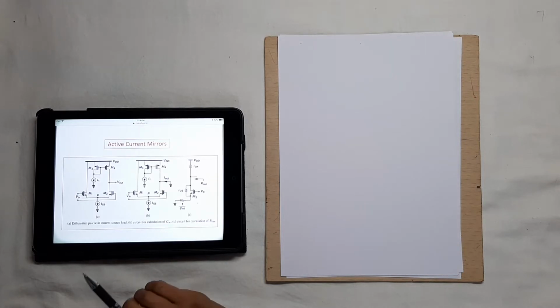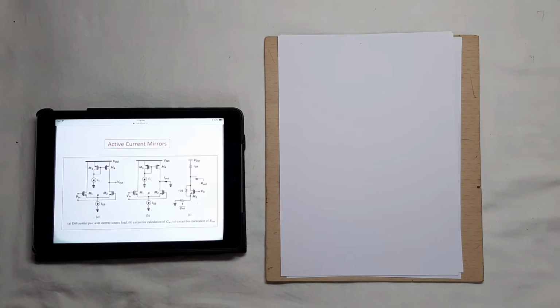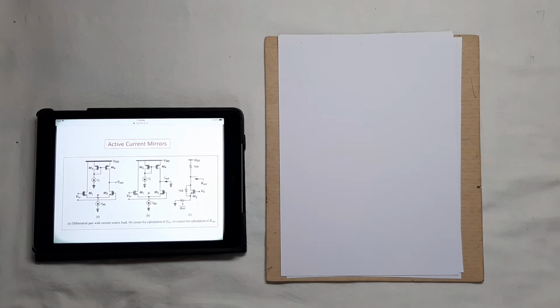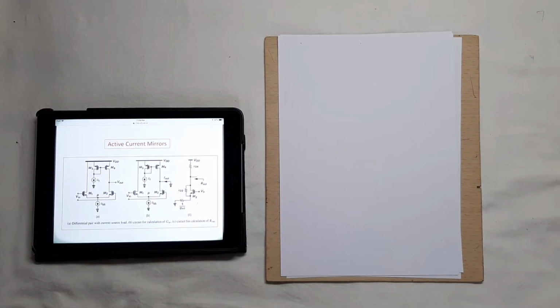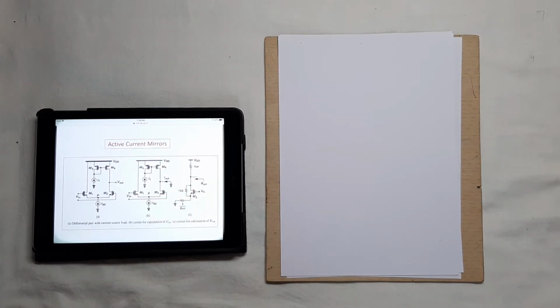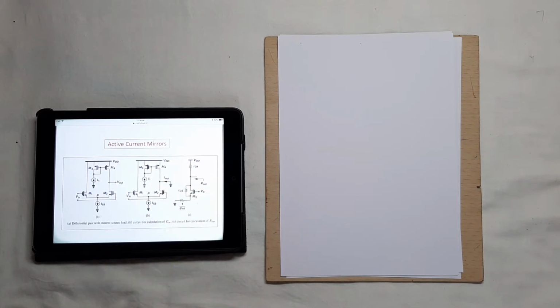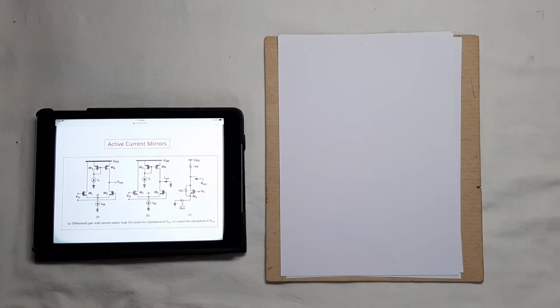From the small signal point of view, if this current increases by delta I, so does the current through the transistor M4. Now, this M1 and M2 are the differential pair transistors. This circuit acts as a load for this arrangement. So, this current source is acting as a load for this differential pair circuit. And ISS is nothing but the tail current of the circuit.